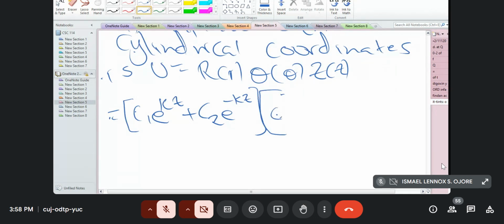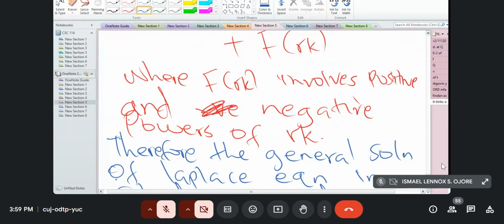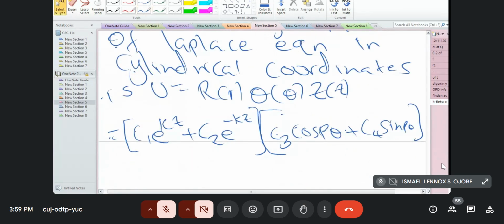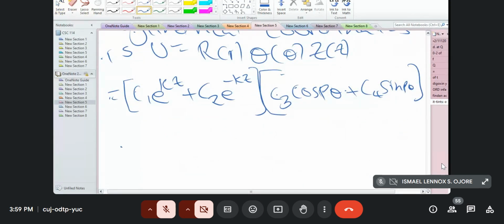C3 cos p theta plus C4 sin p theta. We're multiplying these, times our R, the solution corresponding to the general case,